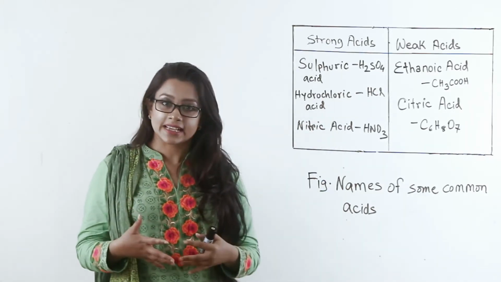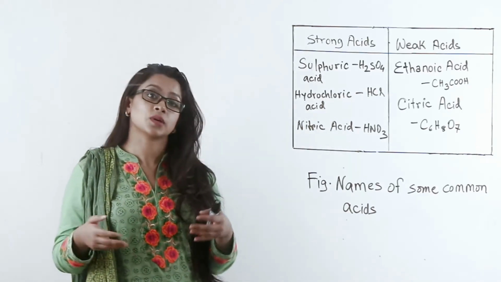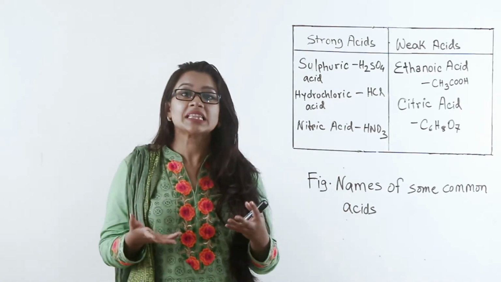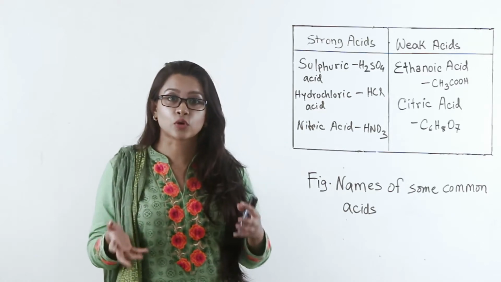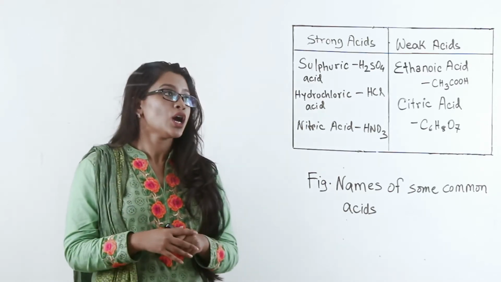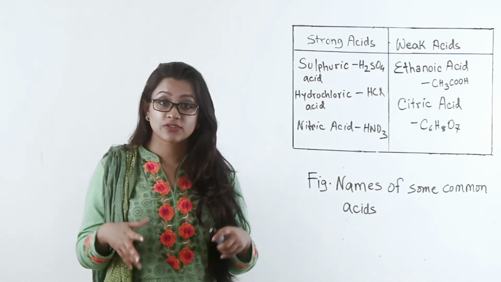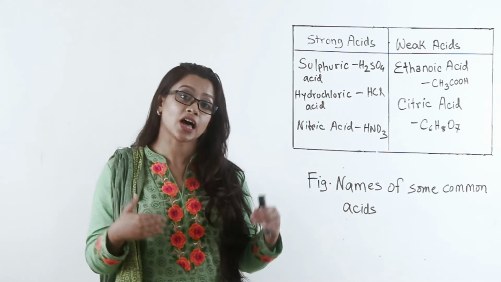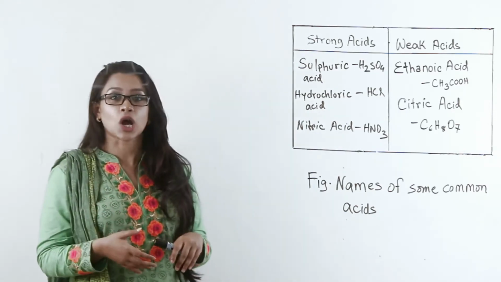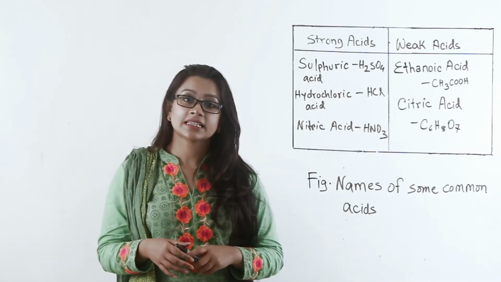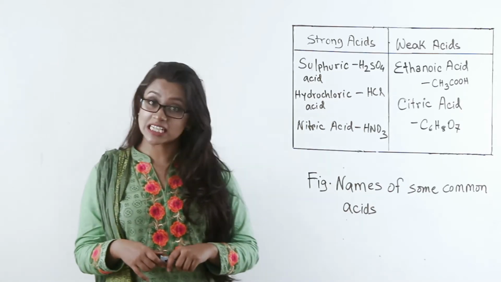Like I said, acids are classified according to their strength. Some are considered weak, some are considered strong. Strength means what level of corrosion an acid can pose. Strong acids are produced industrially for the very purpose of producing other useful products. For example, sulfuric acid is used in car batteries. Hydrochloric acid is used in paints, etc. Nitric acid is used to produce fertilizers.